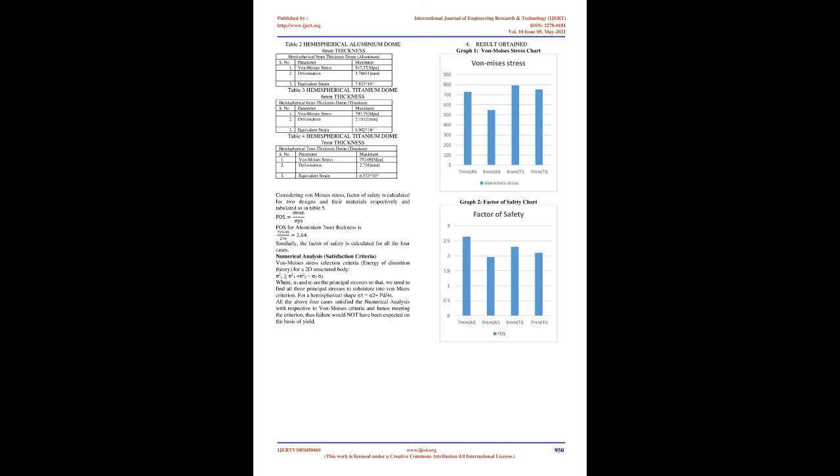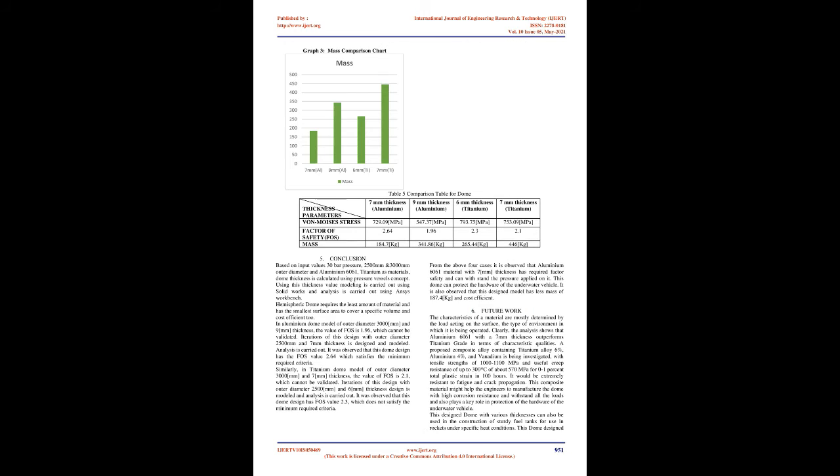5. Conclusion. Based on input values of 30 bar pressure, 2500 mm and 3000 mm outer diameter, and aluminium 6061 and titanium as materials, dome thickness is calculated using the pressure vessels concept. Using this thickness value, modeling is carried out using SolidWorks and analysis is carried out using ANSYS Workbench. A hemispheric dome requires the least amount of material and has the smallest surface area to cover a specific volume and